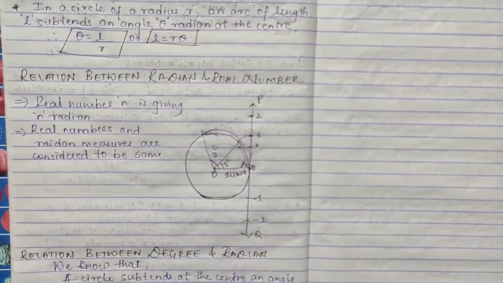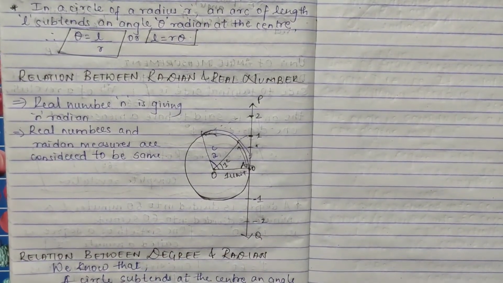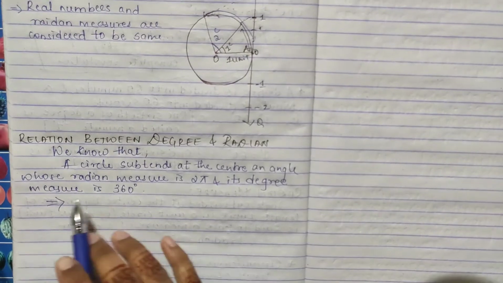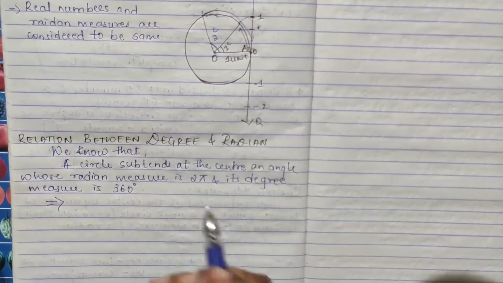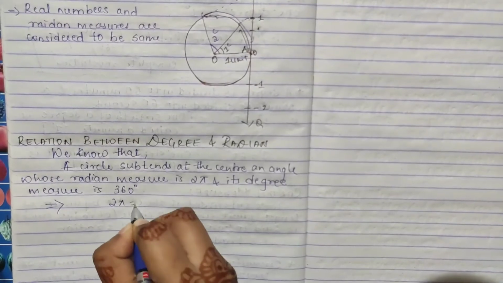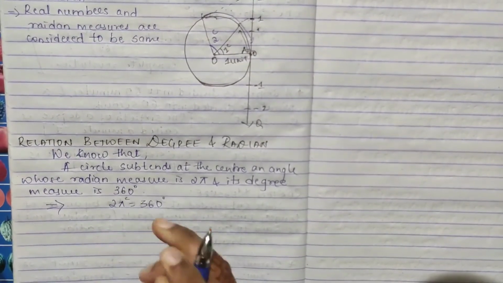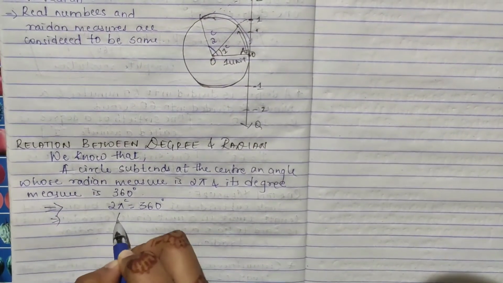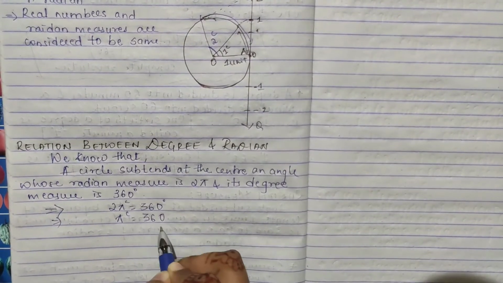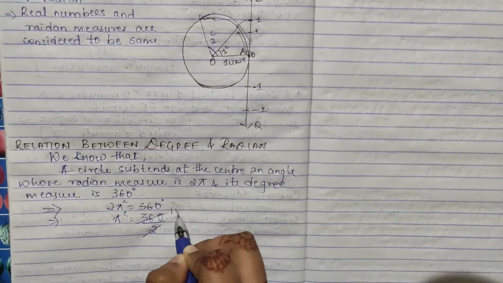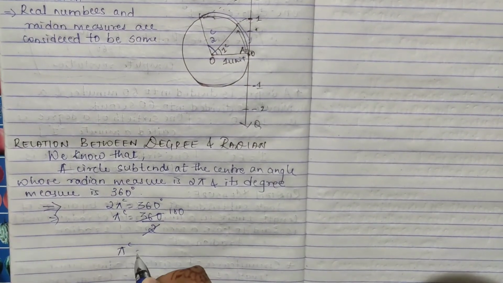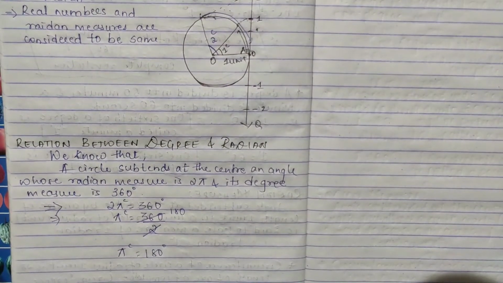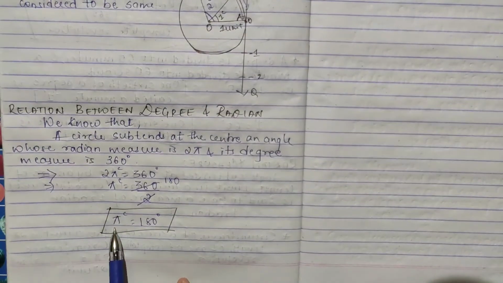Next we'll head to the relation between degree and radian, which I showed you just 5 minutes back. In a sentence I have written what we had said: 2 pi radian is equal to 360 degrees. Just pause it to note it down. If I want to find pi radian, I will divide 360 by 2. So 2 ones are 2, 18 and 0. So pi radian you will get as 180 degrees. Just pause it to note it down. So basically pi radian is 180 degrees.